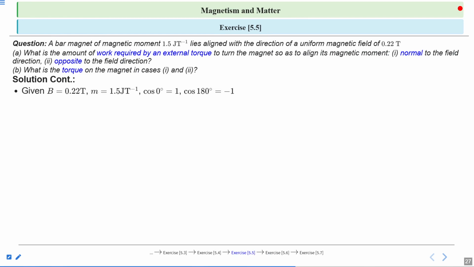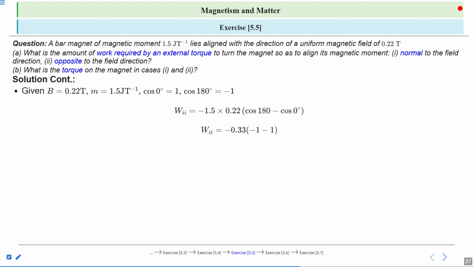So B is given 0.22 Tesla, M is given 1.5 Joule per Tesla, cos 0 degree is 1 and cos 180 degrees is minus 1. Okay, so work for the second subpart: W2 is equal to minus 1.5 into 0.22 times (cos 180 minus cos 0 degree). So the work done in the second case, when the magnetic moment is aligned in the opposite direction of the field,